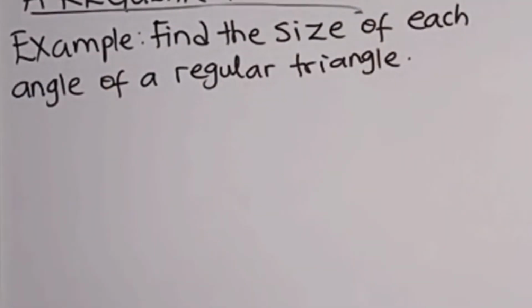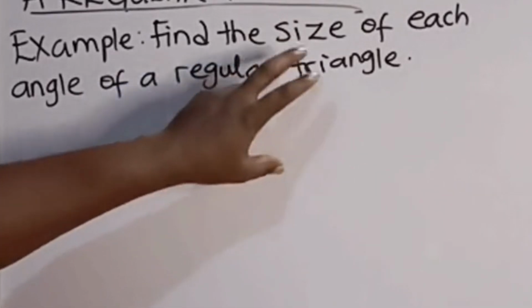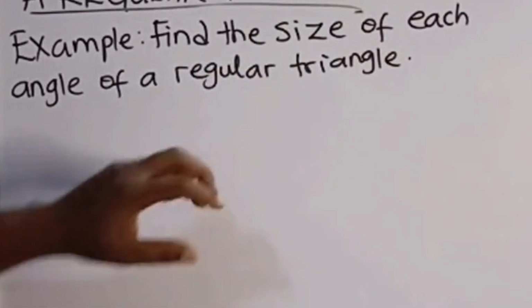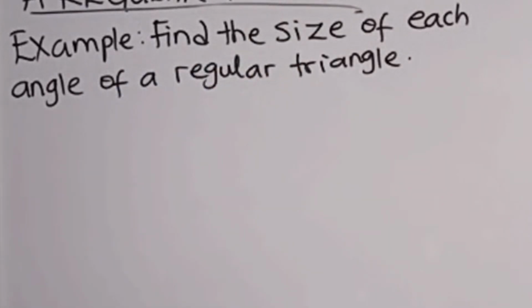So let's look at this question. We are told to find the size of each angle of a regular triangle. A regular triangle is a triangle that has all the three angles equal to each other. Remember, sum of angles in a triangle is equal to 180 degrees from the example we've done before. So using the formula,